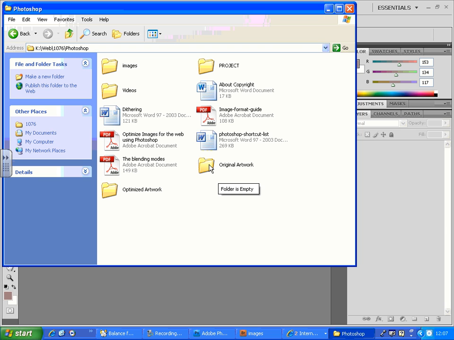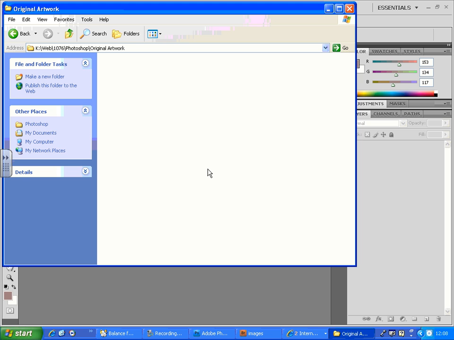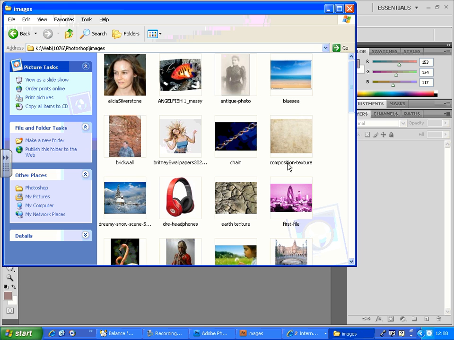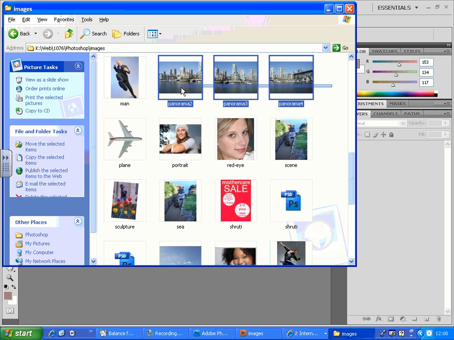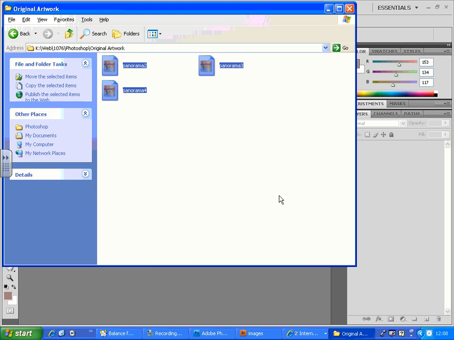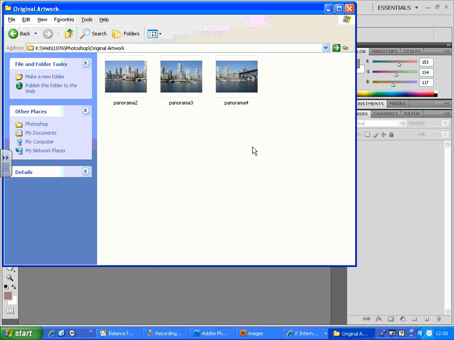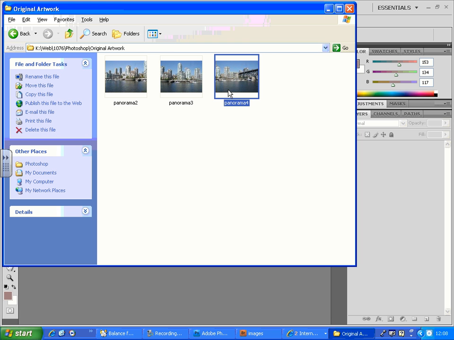I want to save some images, which obviously I'm going to work on, which is my client's requirement. Client has given me original artwork, which is this folder. So if I open this folder, there are no 3 images in here, but let me get some images there. From images folder, I will select these 3 pictures. There you go. Now all I have in original artwork is these 3 pictures which client has given me, and maybe I want